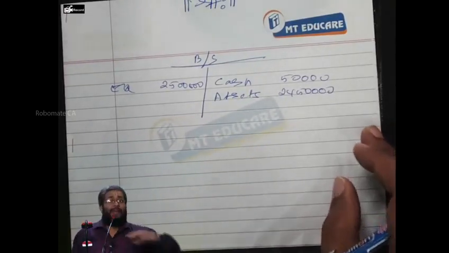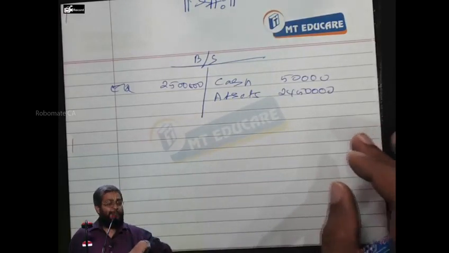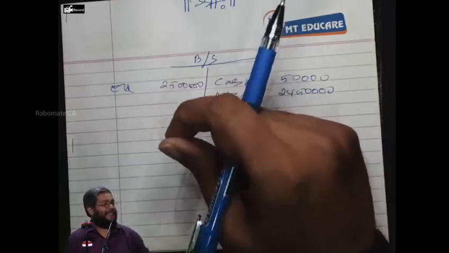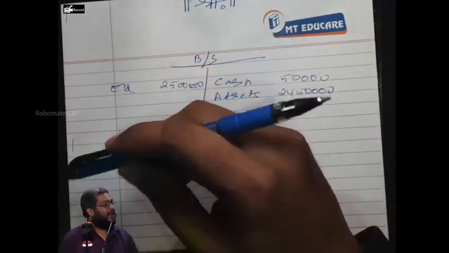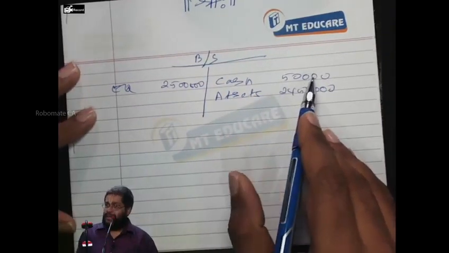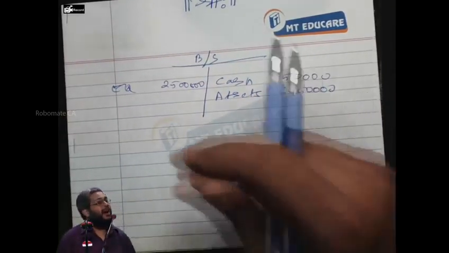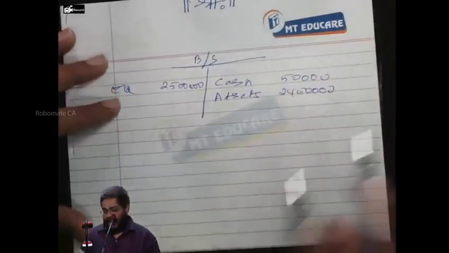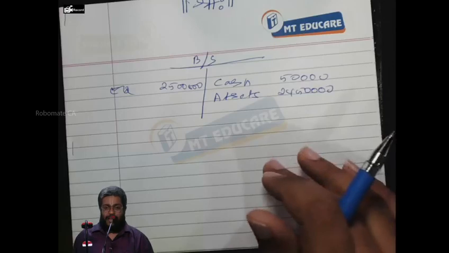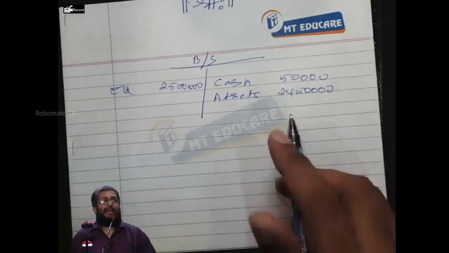Yes or no? And I am investing 50,000 by putting it into my pocket. You are investing with me 50,000 or not? In that case, you will never accept if I return you back 50,000 after 1 year. Yes or no? That means the value of the cash reduces. To avoid the reduction, what should I do? I should give the cash back to you. Are you following or not? When I give the cash back to you, what happens to my wealth here? 25 lakhs or 24 lakh 50,000? It becomes the original wealth.